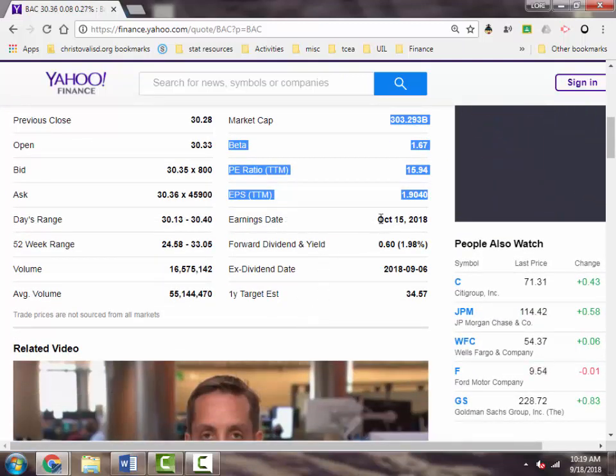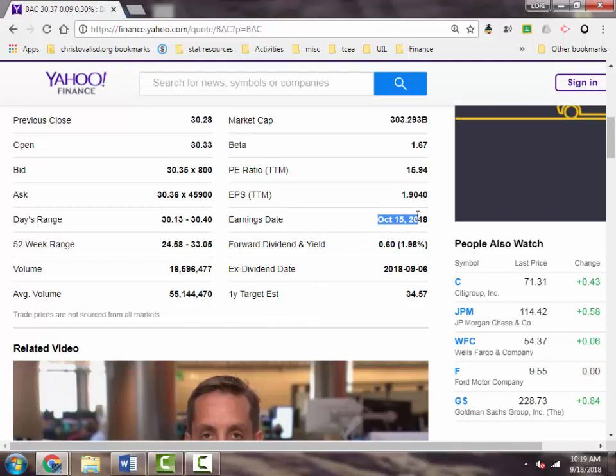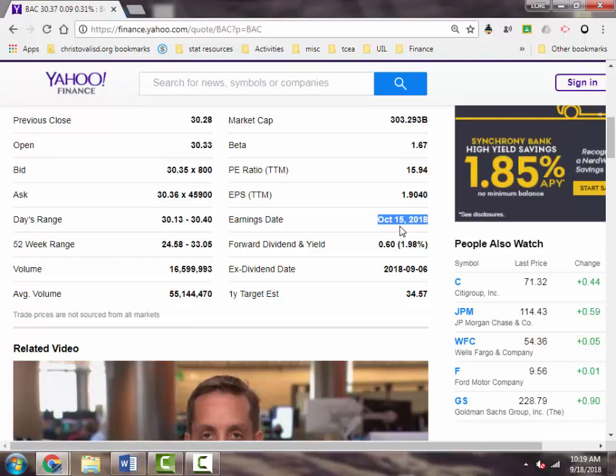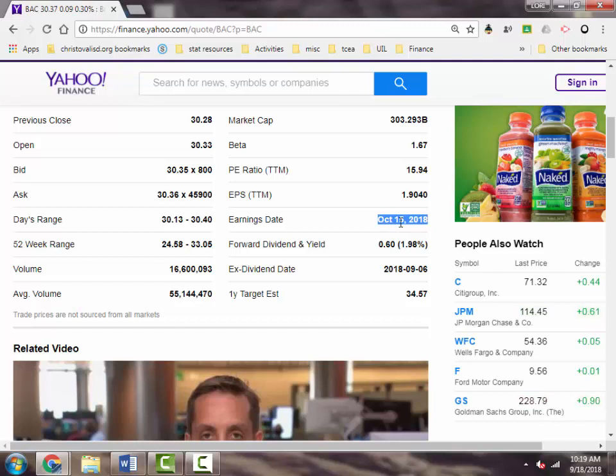The earnings date, that's when they're going to report earnings. So if they report better earnings than expected, what do you think the stock is going to do? If they do like Netflix did, what's going to happen after that? So in other words, this is a volatile time period right here. Because based upon that report, there's usually a lot of information that comes out around that earnings date,